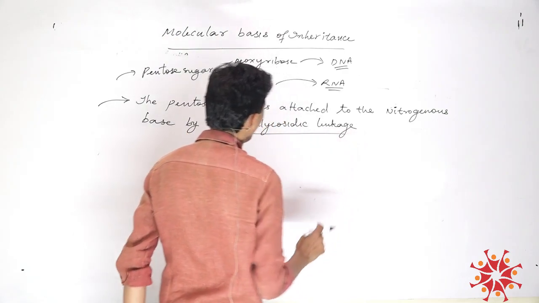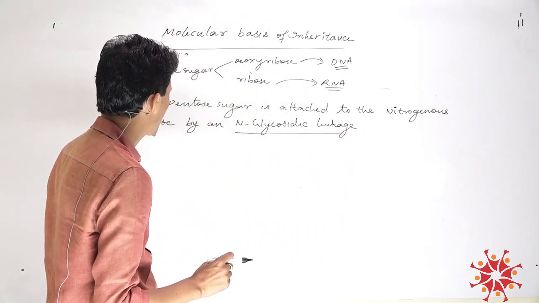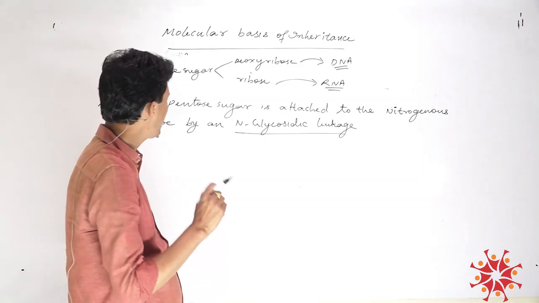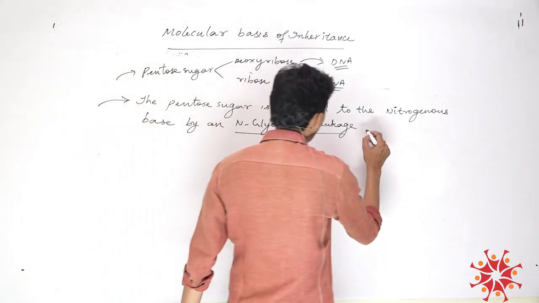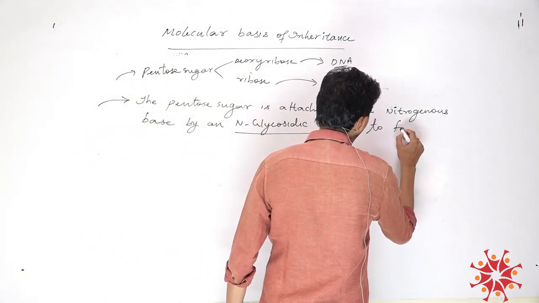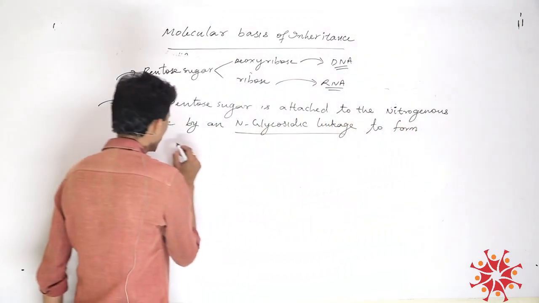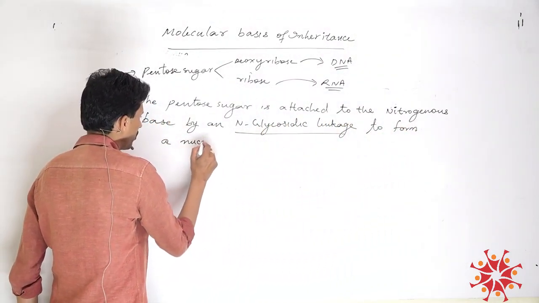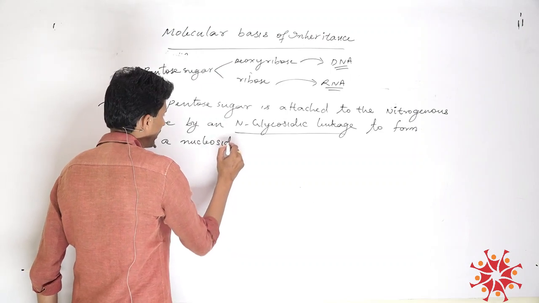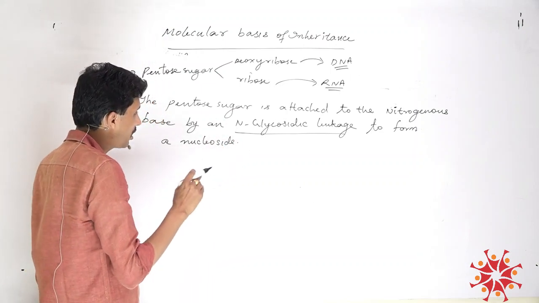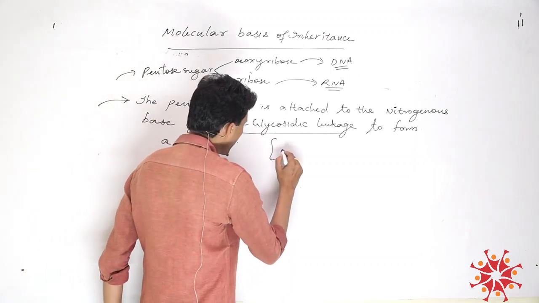The pentose sugar is attached to the nitrogenous base by an N-glycosidic linkage to form a nucleoside, right? So nucleoside, simply speaking,